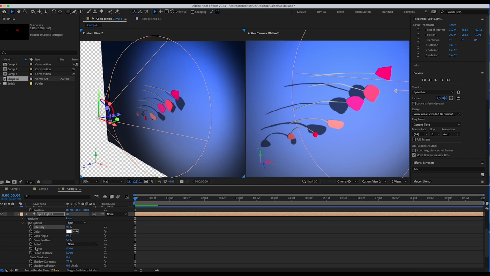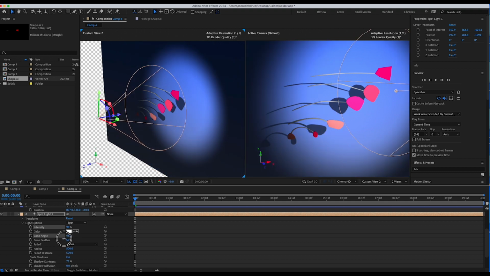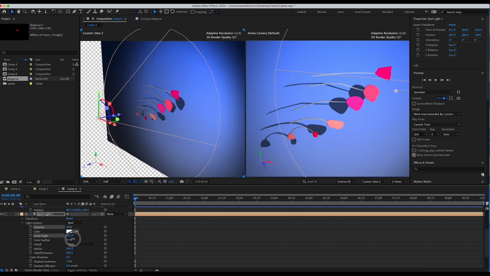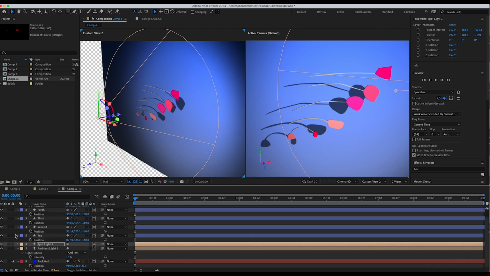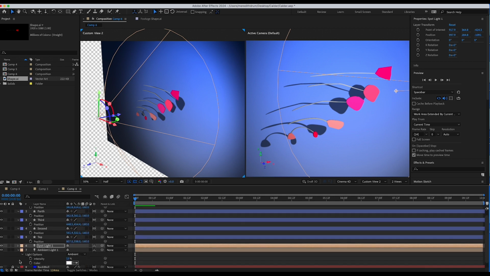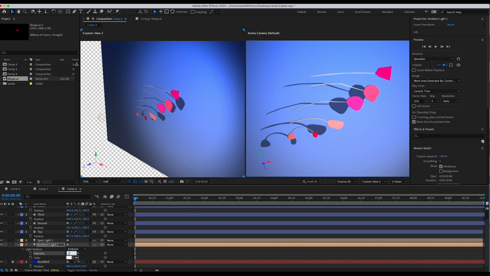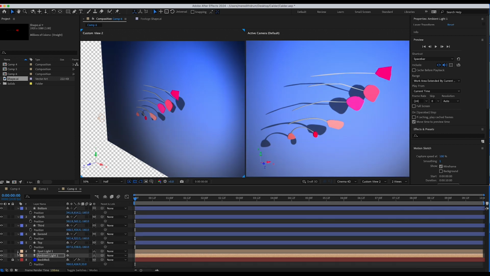You can change the cone angle. You can bring it up or down. I'll just bring it up a bit because we want a fair amount of light here. Okay, so again, so you can see where that is. I have a lot of stuff open here. So ambient light has some different things you can change. You can change its color, its intensity, but let's just bring it to maybe 20. And I'm going to twirl that up.